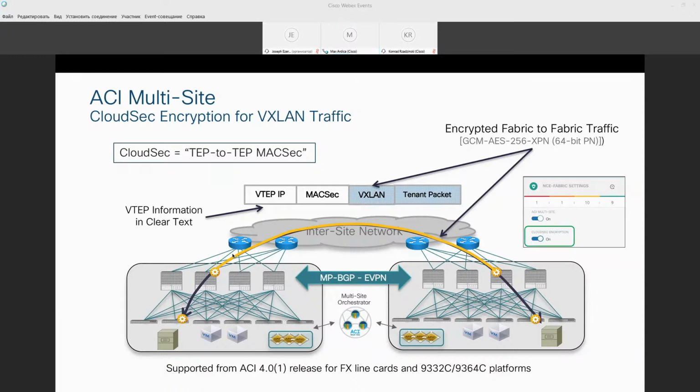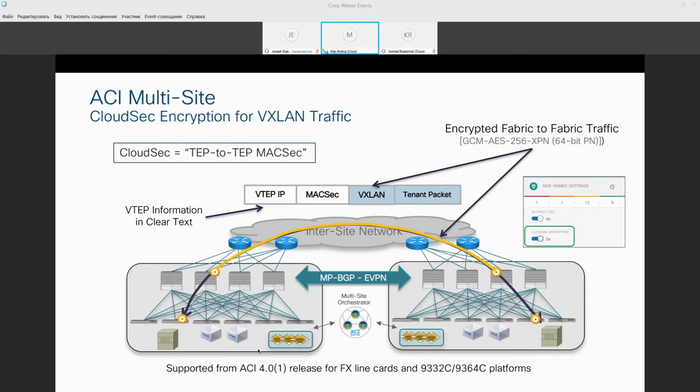And this is possible by using a technology called Cisco CloudSec that essentially allows the spines themselves to encrypt and decrypt traffic when they send and when they receive traffic from the InterSite network, okay? That decryption is performed at the line rate, okay? So there is no performance implication as long as you run this software release 4.01 and this are the release